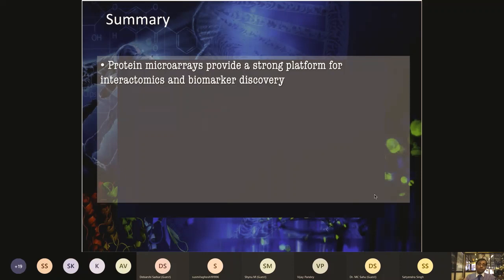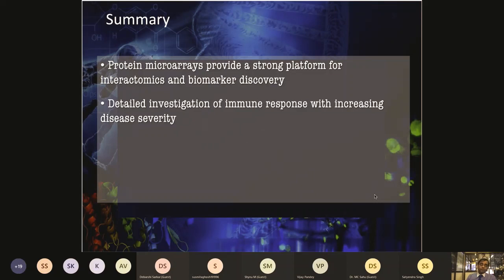So you have to think about some of these experiments which can only be done on protein arrays. A lot of immune response analysis and different types of investigation for autoantibodies and even humoral immune response are possible on these arrays, and one could easily monitor disease severity responses based on immune signaling. Of course, I just gave you a flavor of a few diseases. Yesterday you saw some applications from Sobo, and you also heard today Alok Patel talking about the SARS-CoV-2 arrays. So a variety of clinical applications can be addressed. You have to think in a little bit of an innovative way about how best you can utilize these resources and technologies in your own research, right?